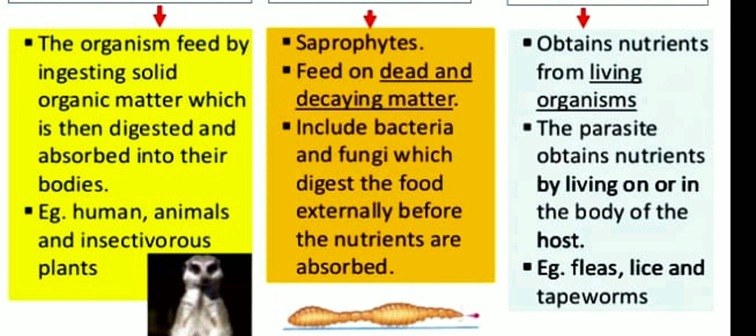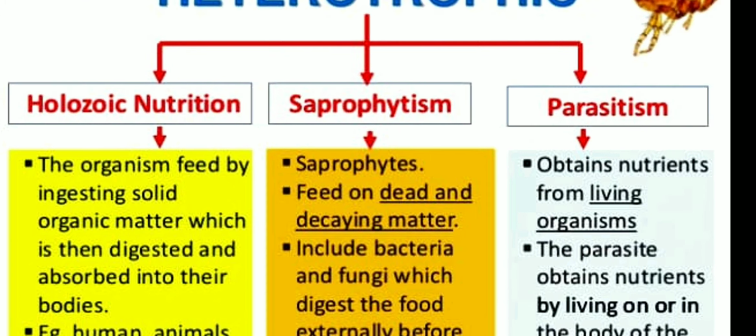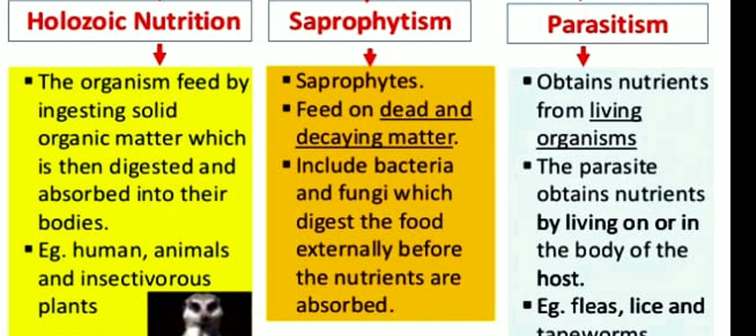And that useless or waste or toxic substances will be thrown out from the body through the anus. That means we have particular organs to perform this process. We animals, we humans, and you can say the birds have the organs to do so. So which mode of nutrition do we perform? We perform holozoic nutrition. Then the other type of heterotrophic mode of nutrition is the saprophytic mode of nutrition, which refers to